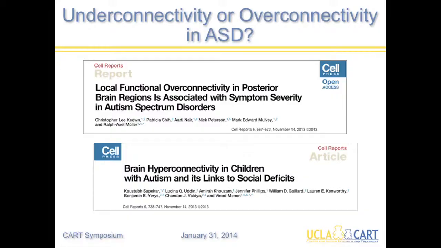So there were two studies that actually came out in the same issue of a journal, and the first one showed overconnectivity, in this particular case limited to the posterior occipital cortices in individuals with autism. And then a second, a brief report in the same paper, was actually showing brain hyperconnectivity in a variety of different networks. And the same authors, of course, they already knew that they were sitting on this data, had just